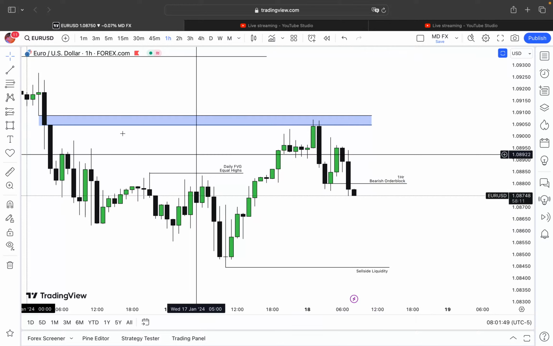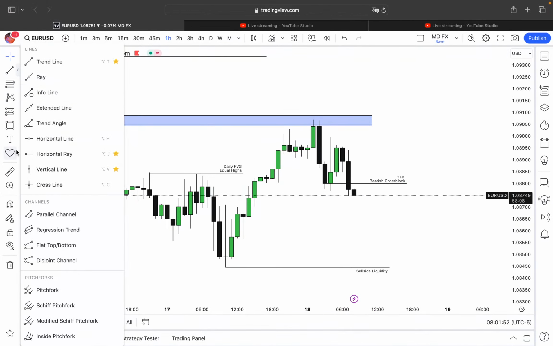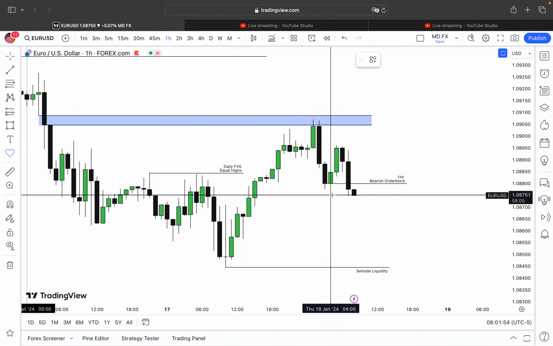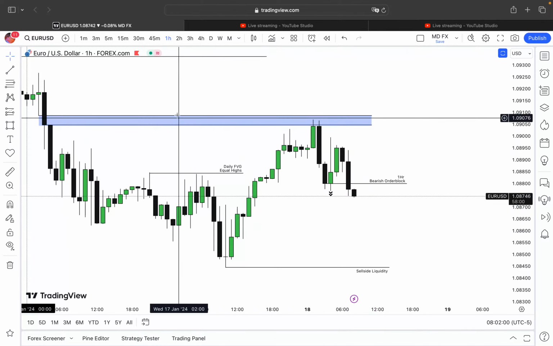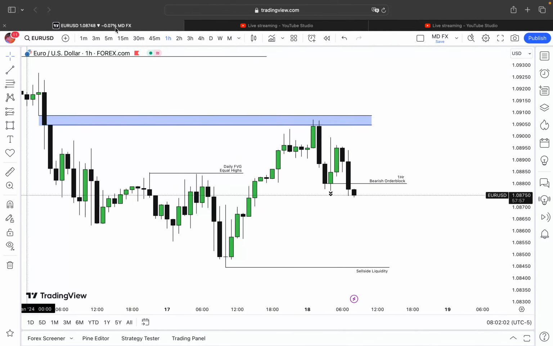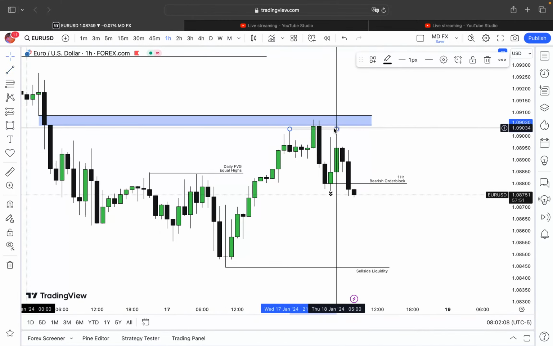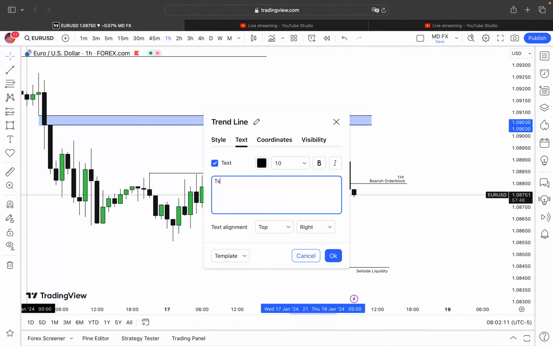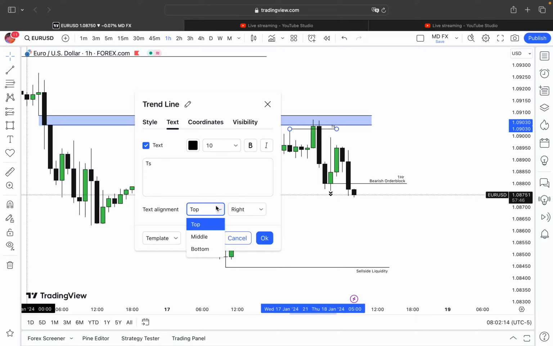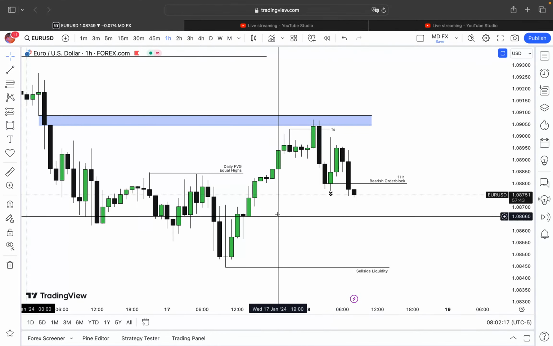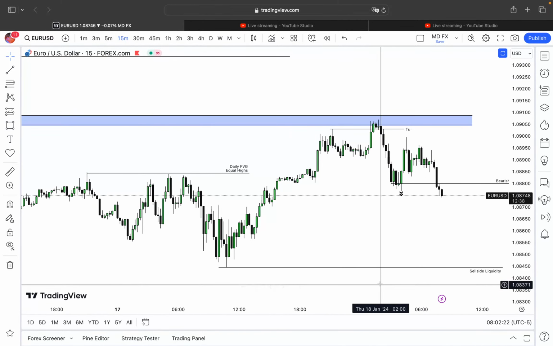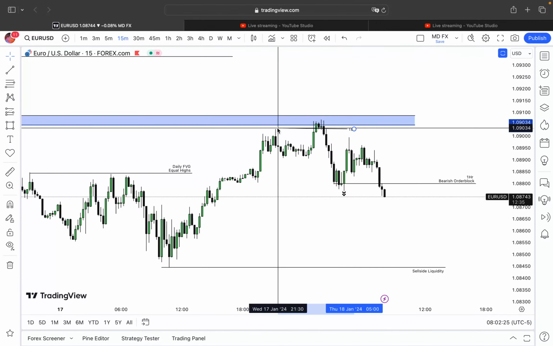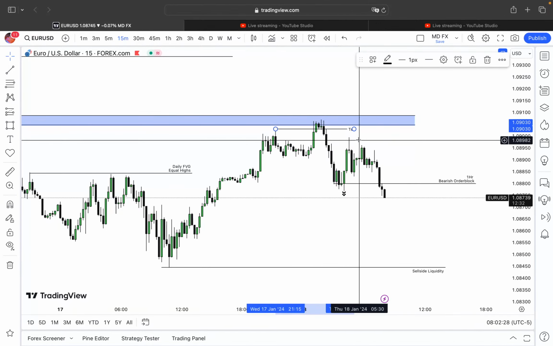Alright. So we have a market structure shift here, and now we're selling downwards. So market maker sell model here. You can call this market maker sell model. You can call this turtle soup. So we have different models showing up at the same time, making this a very high probability trade. The narrative here is market maker sell model slash London continuation.